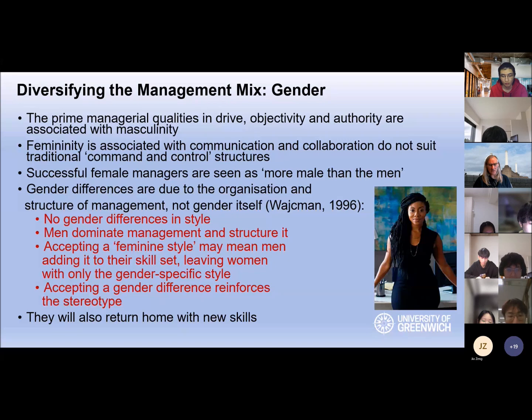That is total nonsense. A woman can do it just as effectively, might have a slightly different style to the way they do it, but that's all it is. So another point that's important to remember about whenever